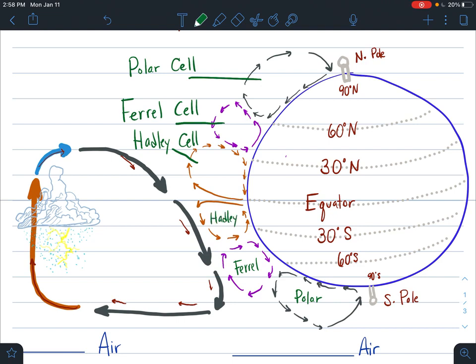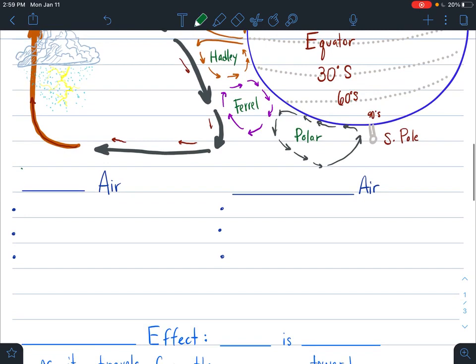Now the reason this happens is because we have differential heating at different latitudes on our Earth. As you go further north, there's less direct sunlight. The equator is the most direct, so that's where air rises. All right, so when we have rising air,